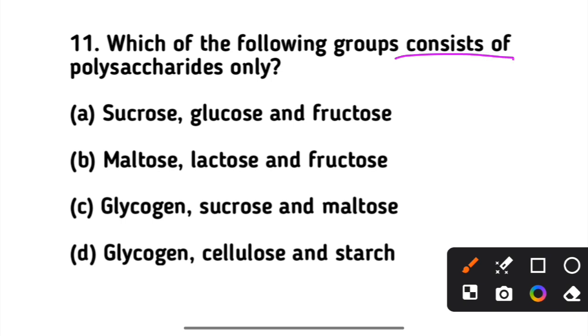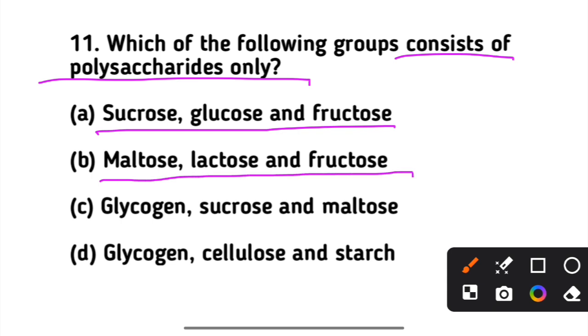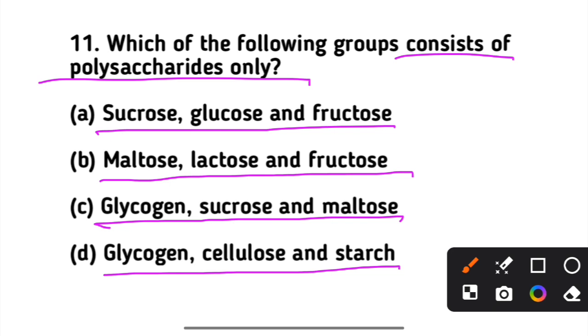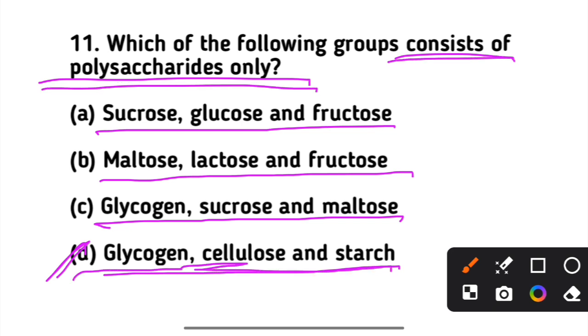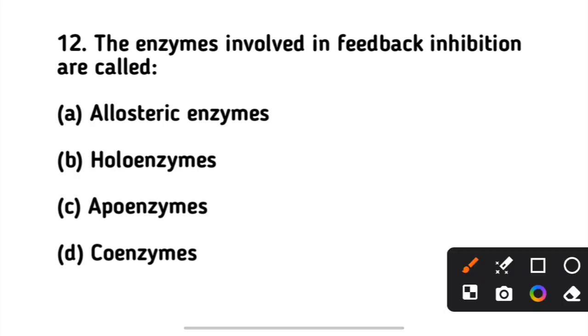Which of the following groups consist of polysaccharides only? Options: sucrose, glucose and fructose; maltose, lactose and fructose; glucose, sucrose and maltose; glucose, cellulose and starch. Option D is correct. Glucose, cellulose and starch. ग्लूकोज जो है ये स्टोर करता है ग्लूकोज को इन एनिमल्स, एंड सेलुलोज जो है ये स्ट्रक्चरल कंपोनेंट इन प्लांट सेल वॉल, एंड स्टार्च जो है ये ग्लूकोज को स्टोर करता है इन प्लांट्स में।